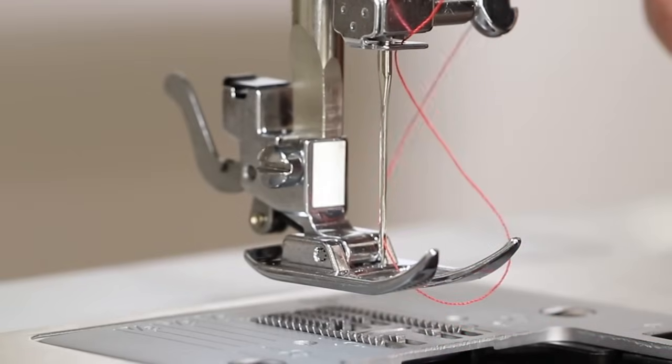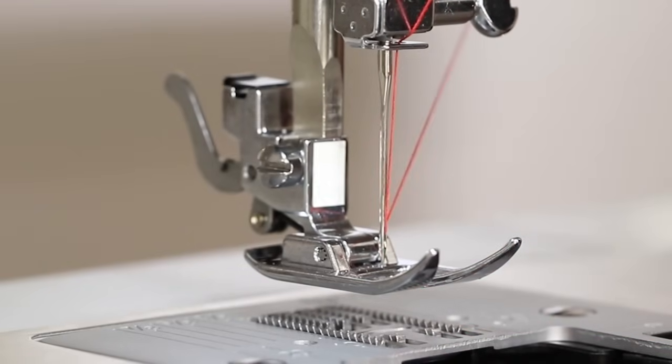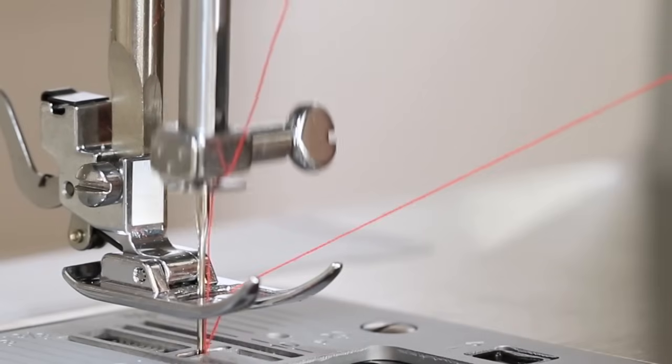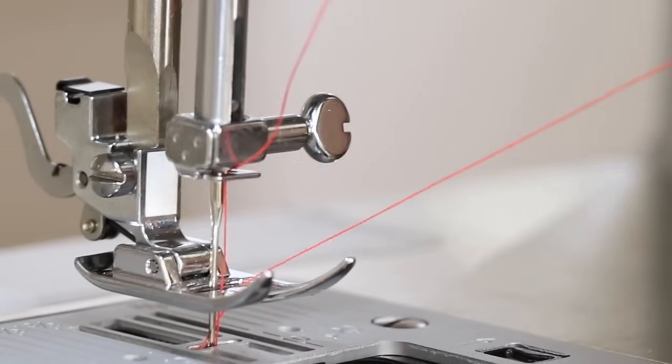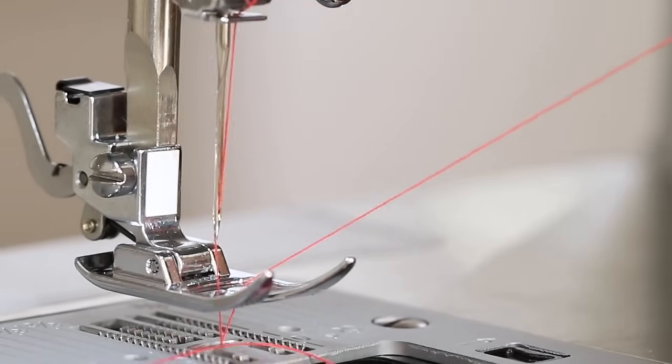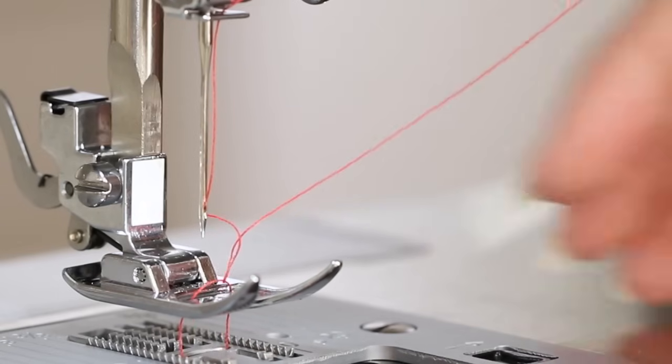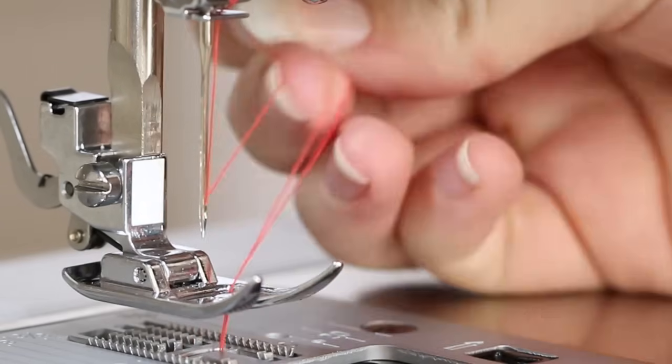And pull the thread back. To draw up the bobbin thread, hold the upper thread tail in your hand and turn the hand wheel towards you, 1 complete rotation, while lightly pulling up on the upper thread. This will pull up a loop of the bobbin thread. Just pull it through